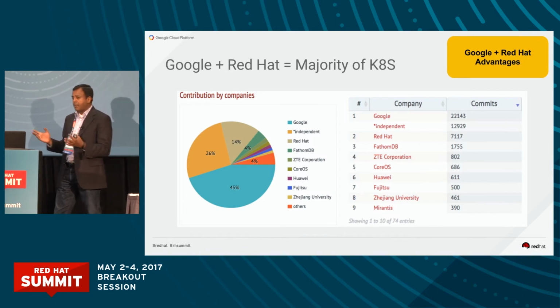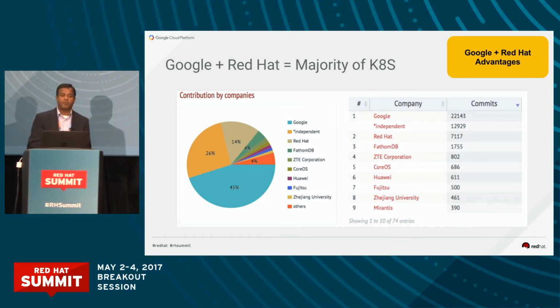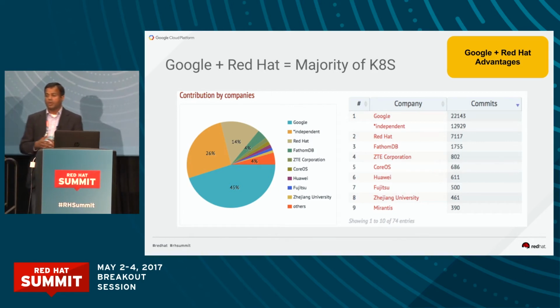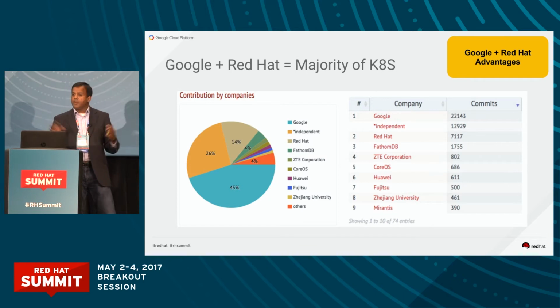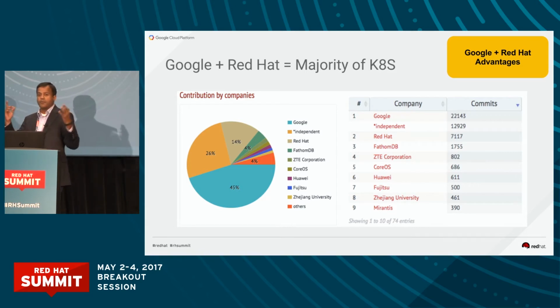So now I want to talk about Google and Red Hat. We've been working together for more than 4 years. Since Google Cloud's launch, RHEL has been running there. And how many of you are users of OpenShift 2 here? Any users of OpenShift 2? So we have one person, okay.